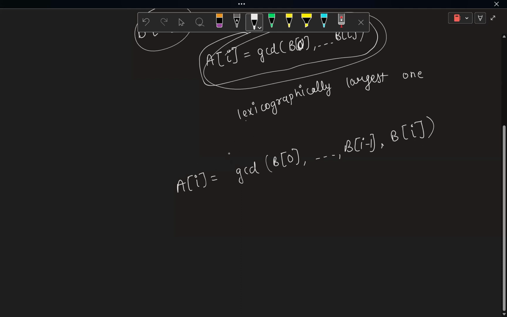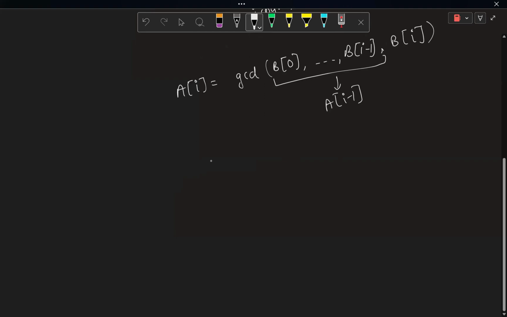A of I is this part as being mentioned. Can I say that this part is the GCD of A minus 1? And we know that, maybe you can try it with some small examples, or just see it as a formula that